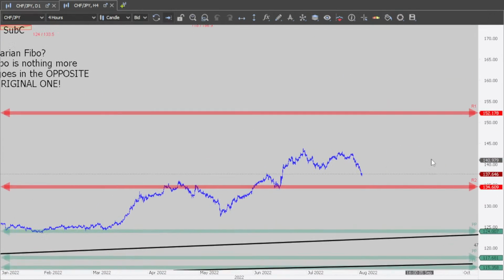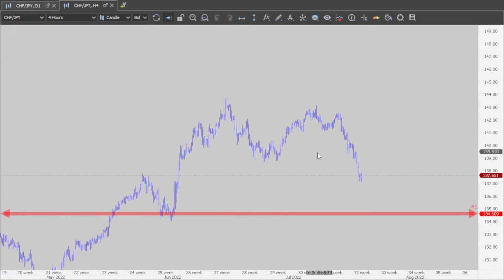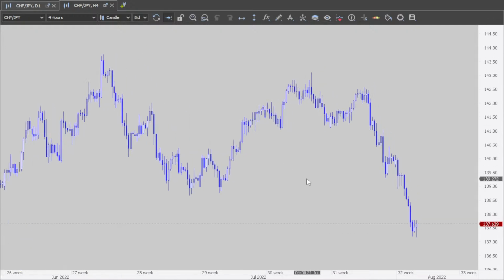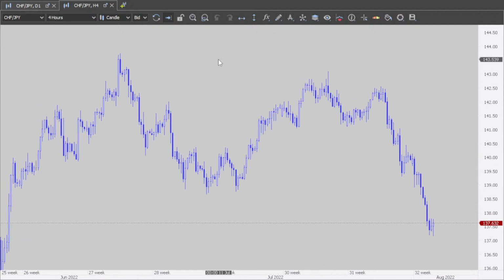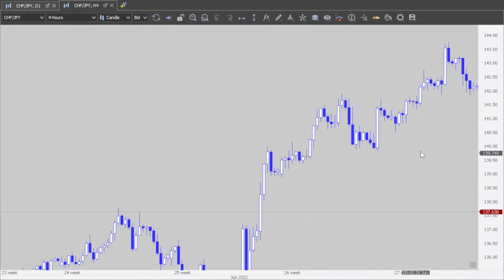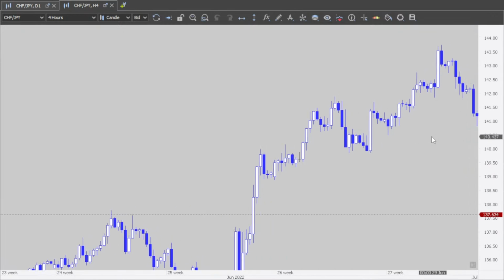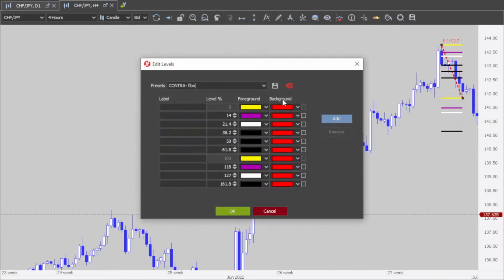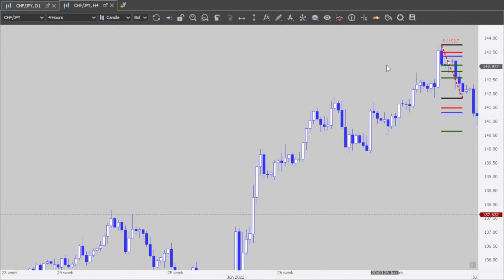Okay, so we are here right now, everybody. Now this is the 4-hour chart. Our original Fibonacci, this was the market back in time. Let's do a trading exercise. So this was our first original Fibonacci going down. Original Fibonacci going down. So text